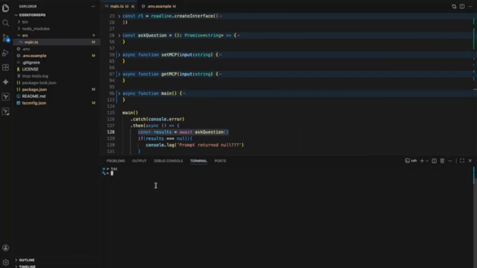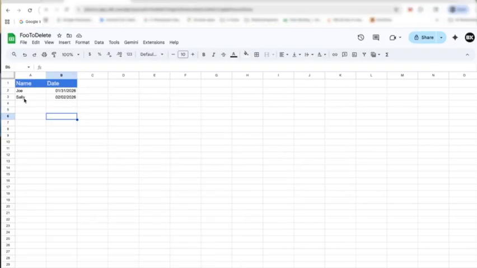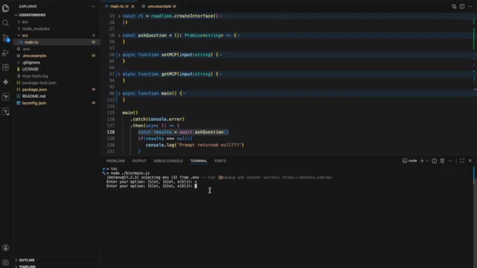And so back over here, we're going to actually now go ahead and run our application, let it do its thing. And so the first thing we'll do is we'll go ahead and set, right? We're just calling the set. This is going to put Sally in. No big deal there. Come back over to the spreadsheet, and there's Sally, and you can see today is the 2nd. We still have Joe from the 31st,